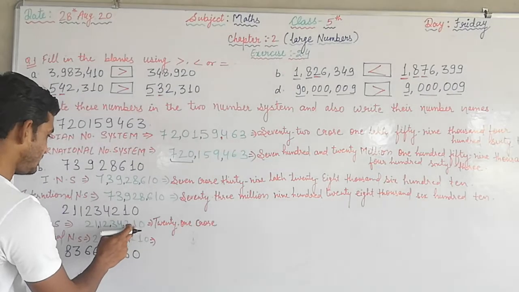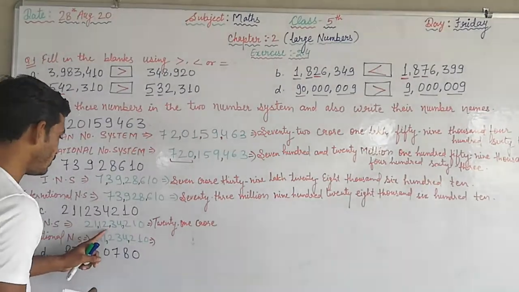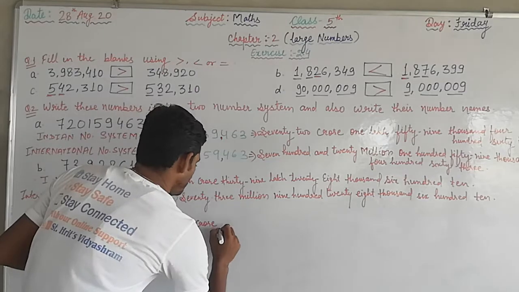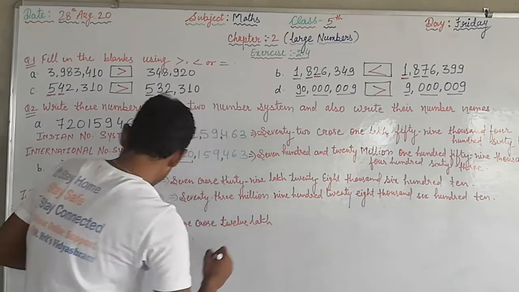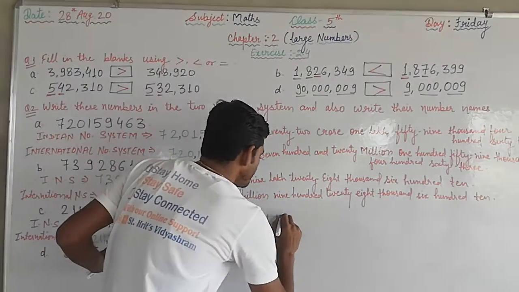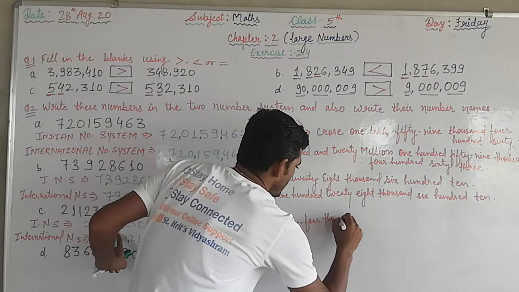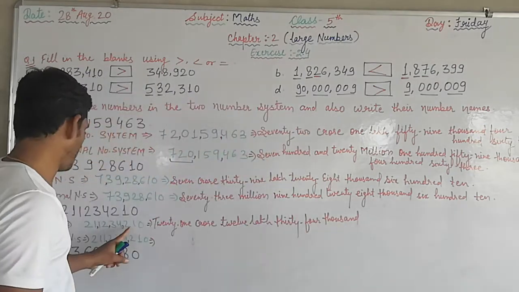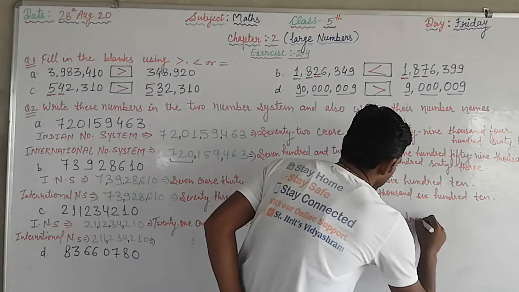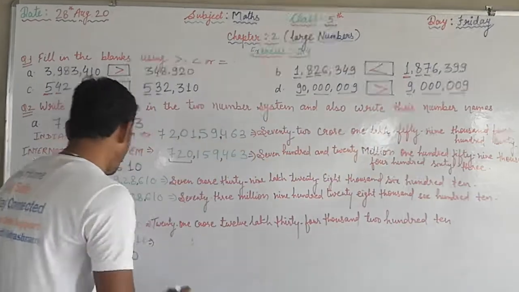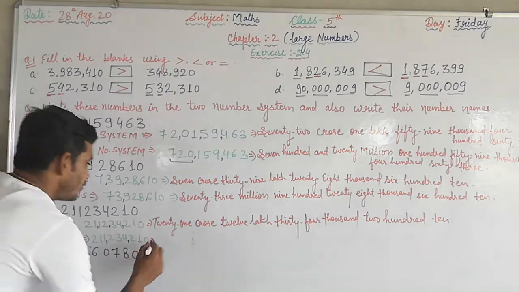Wait, ones, tens, hundred, thousand, 10,000, lakh, 10 lakh, crore, 10 crore, 21 crore, 12 lakh, 34,210, while according to the international number system, that is 211 million,